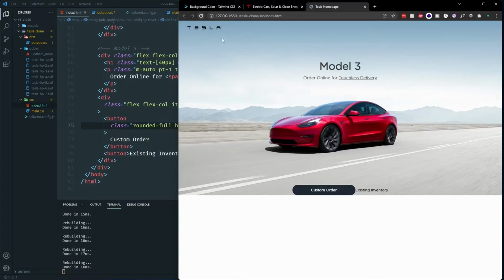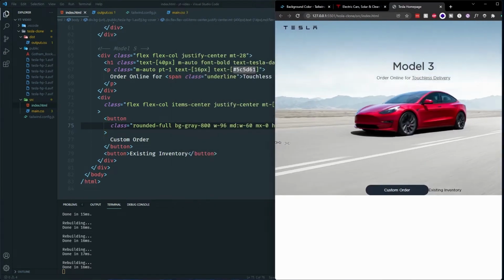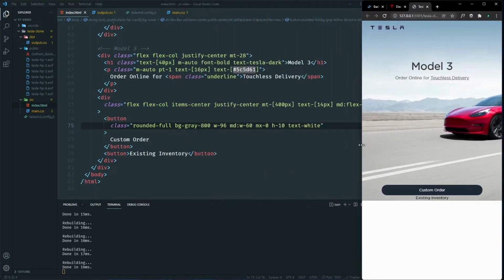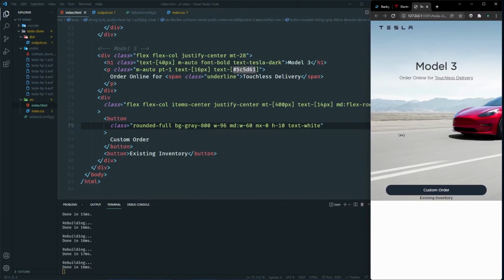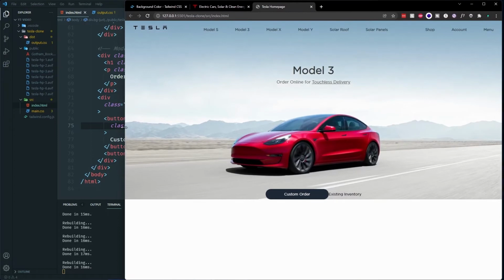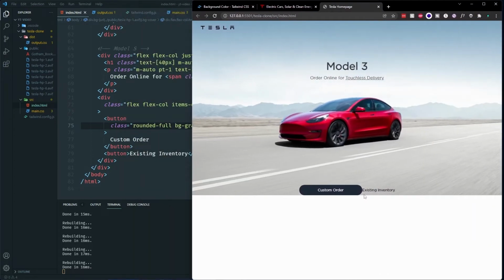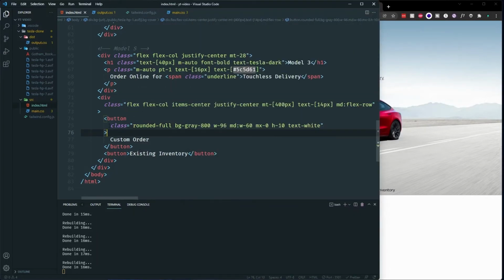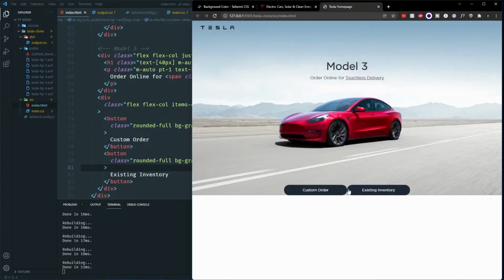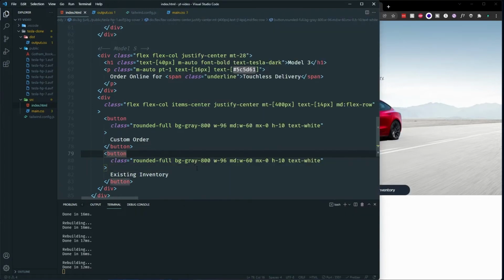Now why did I do margin equal to 0? Because in here we don't want any margin on mobile, but when it goes to the bigger devices we want a margin with the other button as well, because otherwise it will be stuck together. So let me show you. If I create this in here, copy paste this in here, it's like together, there's no in-between spaces. So that's why we added a margin 0 on mobile, and then we're gonna add a MD